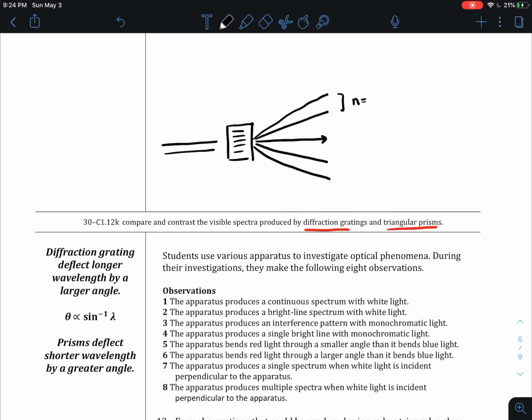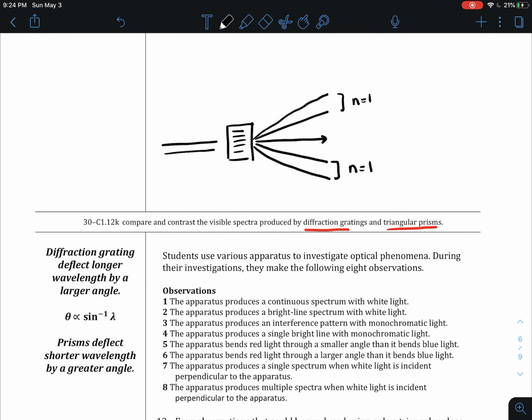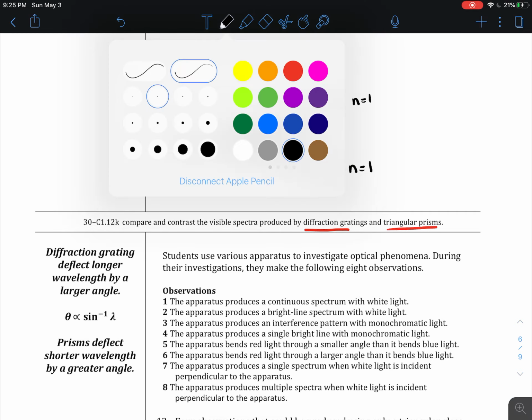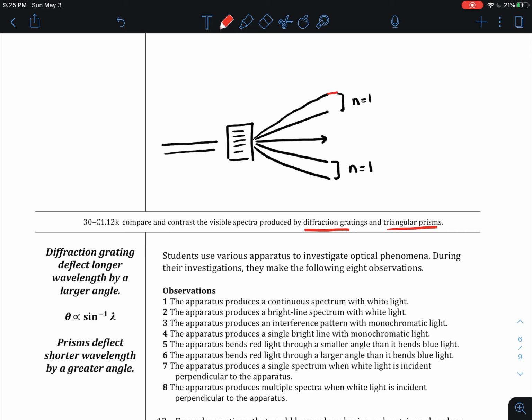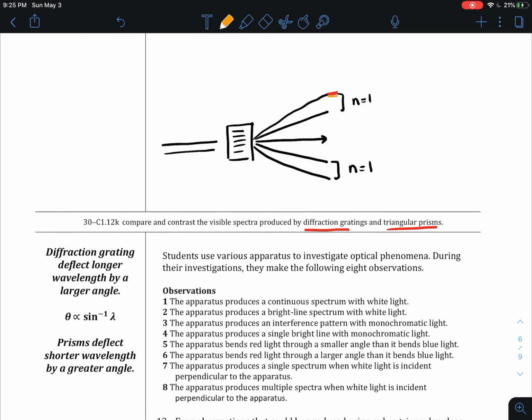This is just one of these. You can imagine that this is all n equals 1, and this is also all n equals 1. So for this, the central bright spot sometimes can be a rainbow. But then we have this rainbow above and a rainbow below. So if you remember, we came up with blue bends best, and that's for refraction, or red spreads for diffraction. So in this case, you'd have the rainbow effect where you'd have red on top, and then ROY, so orange,